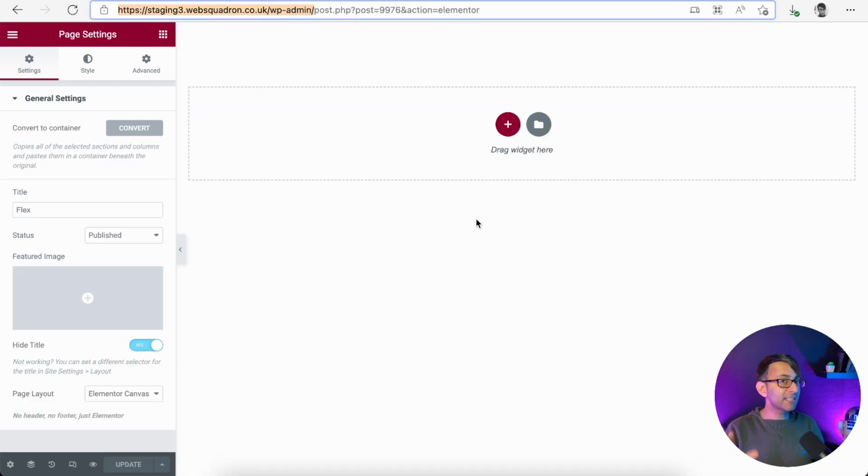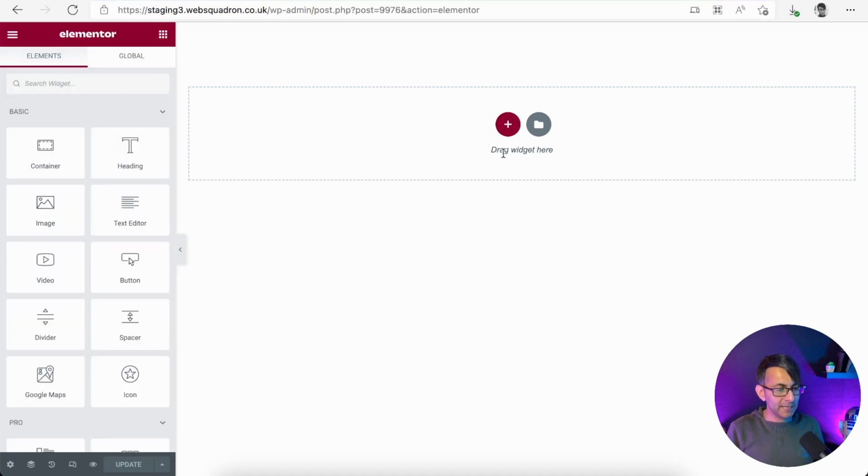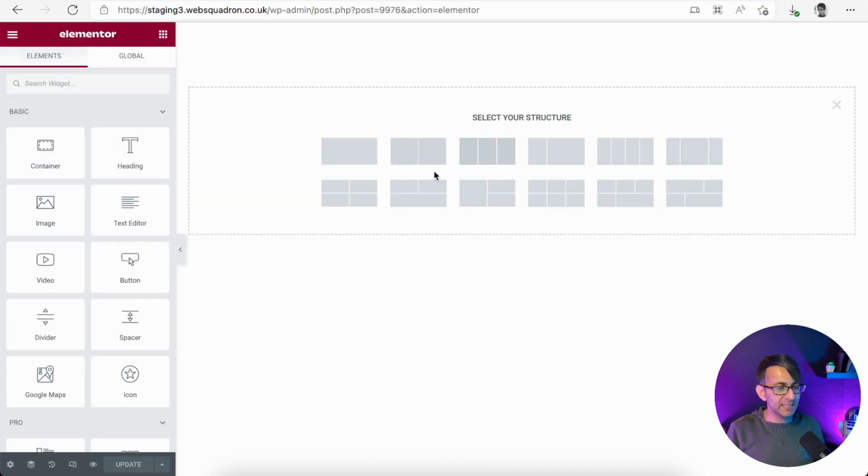Right, okay, now let's look at a completely brand new container and containers within and content to better understand the structure and where a lot of the settings sit. So I've got a blank page over here. I'm going to click this here and now we will see that we have lots of structures available to us. So before we just converted, a lot of these just look like standard sections that you would have been familiar with, but now these are containers. So this is a container. This is a container with two containers within, three containers within a container. But look, here's what I love. Look at the creativity we have now here.